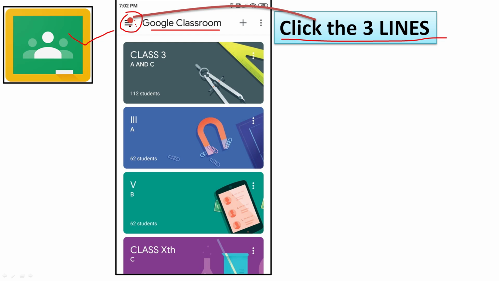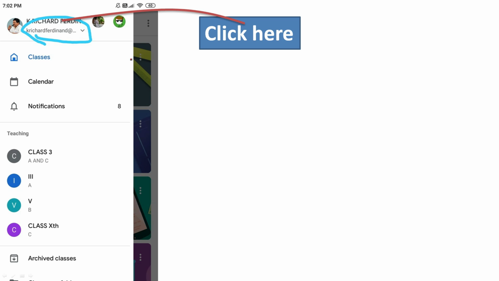If you click here, then it will take you to the sign in account. Here it is signed in with your parents' or whoever is using that mobile. That account may be available here. So you have to click here. Then if you click it, you can change the account.